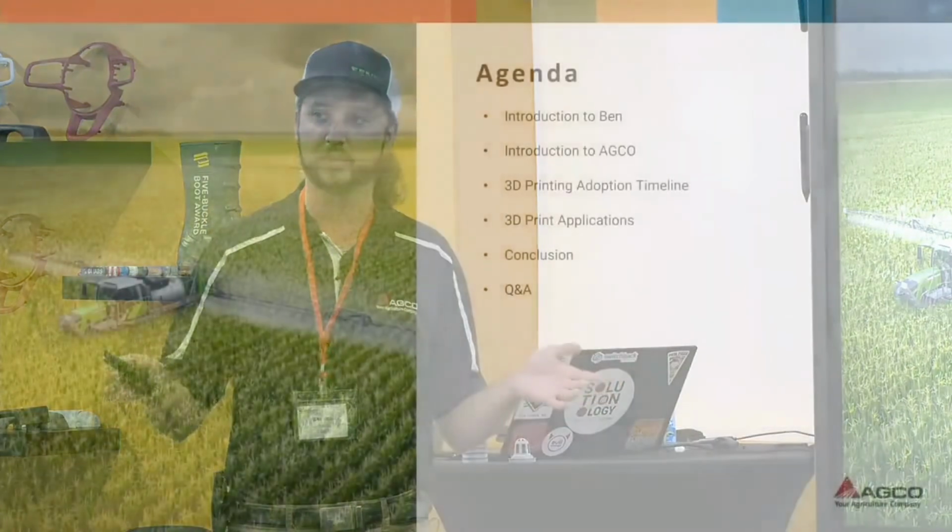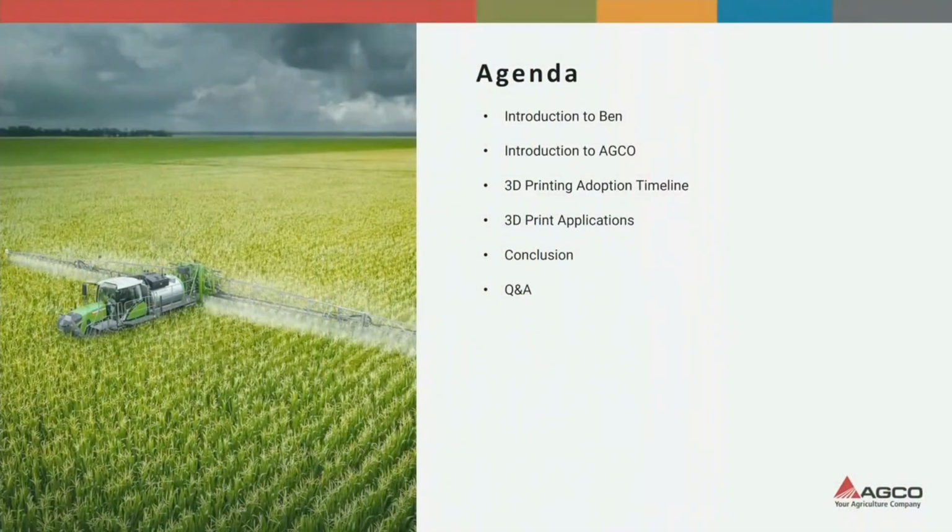My presentation is the journey of additive manufacturing at AGCO. Quick agenda: I'll introduce myself, introduce you guys to what AGCO is and what we do, and then I have a couple different areas of context. I'm going to talk about our adoption timeline, some of the phases of adoption that we've gone through and the time that it's taken to do those. Talk about some of my favorite applications that we've used at AGCO, and then conclusion, and we'll save some time